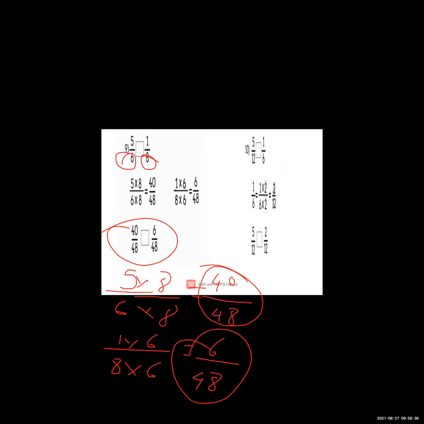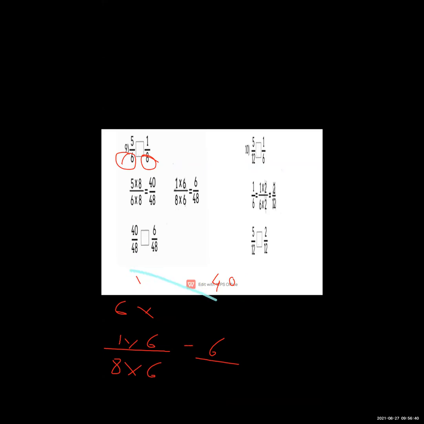Okay. So what we will do now? We will give a sign. First we will give sign to the lower down number, that is 40 upon 48 and 6 upon 48. So the denominator is same, so we will give sign to the bigger number, that is 40 upon 48. And here also you will give sign to the first fraction only, because here down we have given sign to the first fraction, correct?